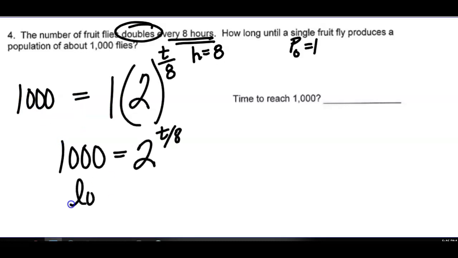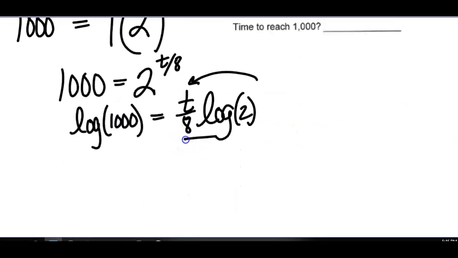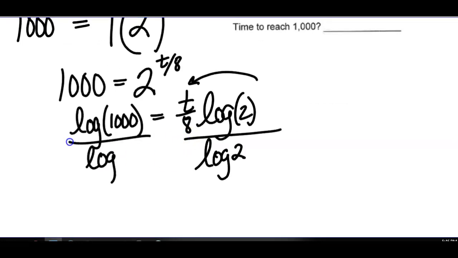If we take the log of both sides, now some of you could do that in your head, because we can move this guy out front. The log of 1,000 is actually 3 when you're doing base 10, but I'll just leave it. I'm going to divide both sides by the log of 2. So then we have t over 8 left over here equals, if I type the log of 1,000, which is 3, divided by the log of 2, I get 9.9